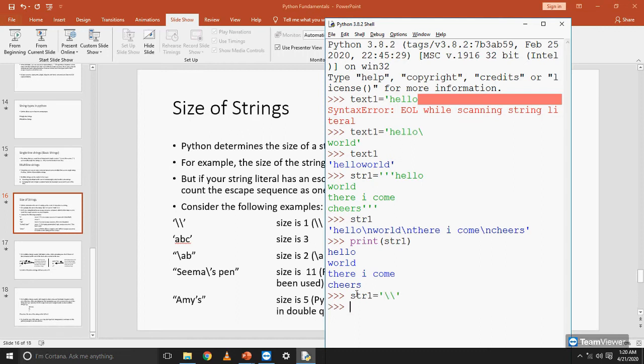We can use the len function to determine the size of the string. So this is how we use it, len, and then in brackets we mention the string name that we have given, so str1. So this would result in 1, which is as per what we had seen earlier.